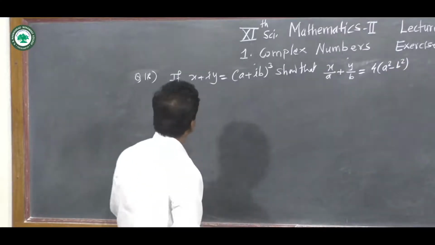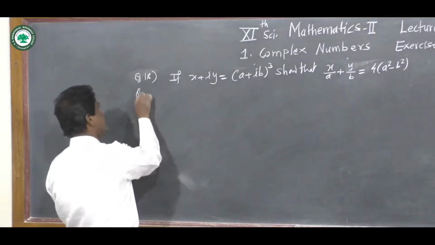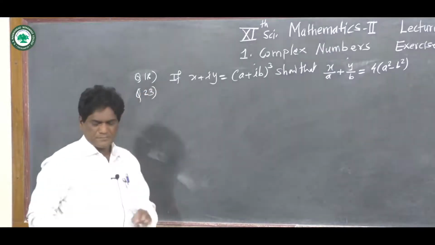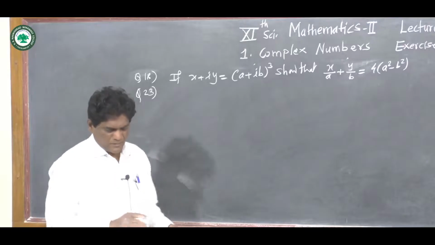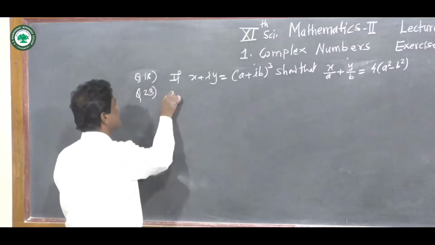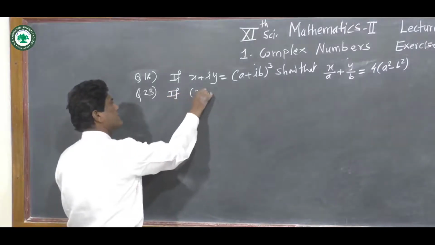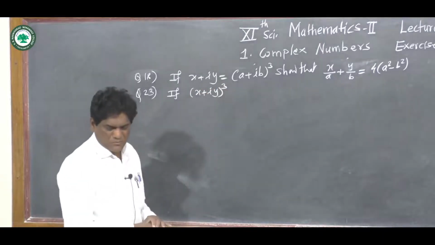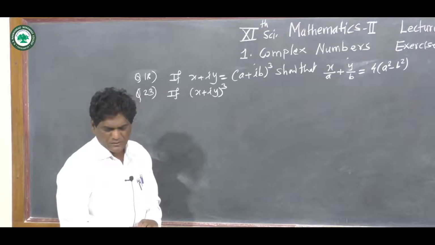This is the 18th problem. And question number 23 is the same. Question number 23: if (x plus iy) cube is equal to (y plus vi),